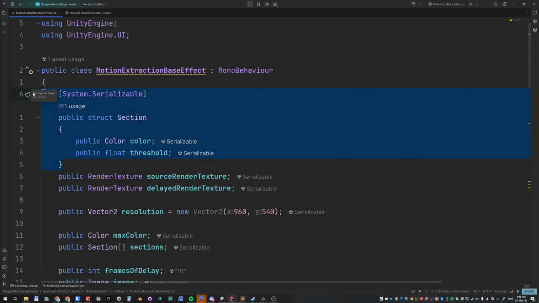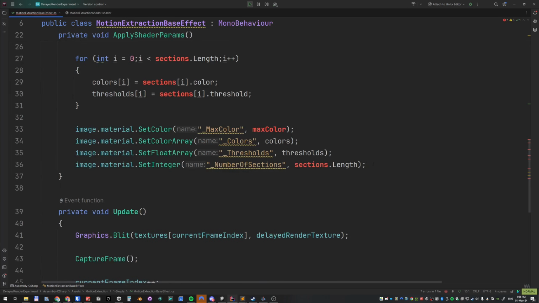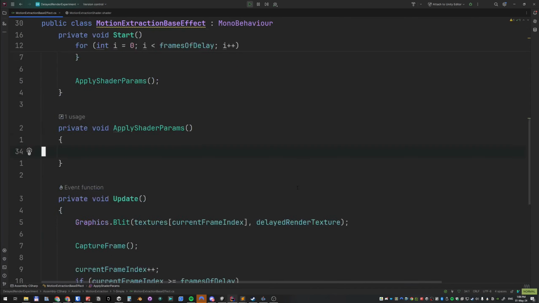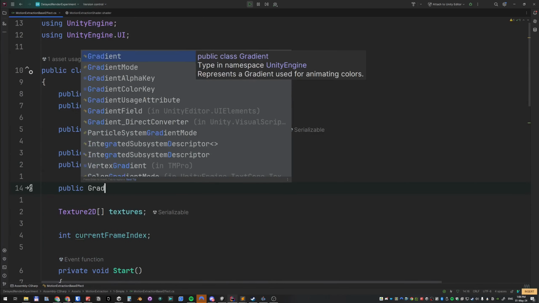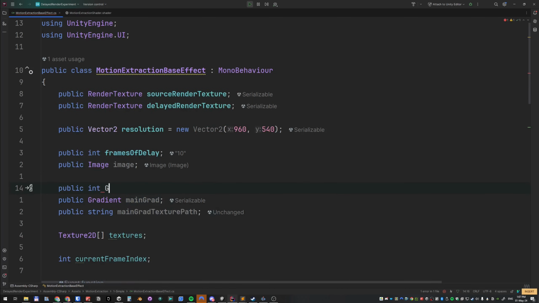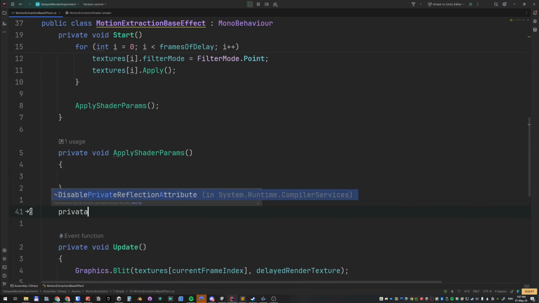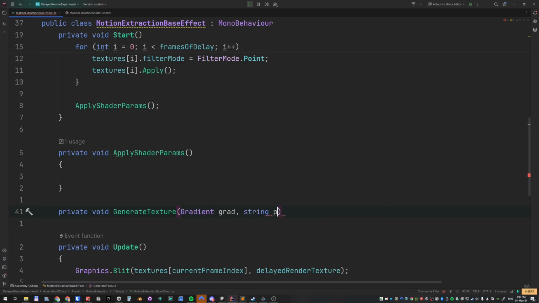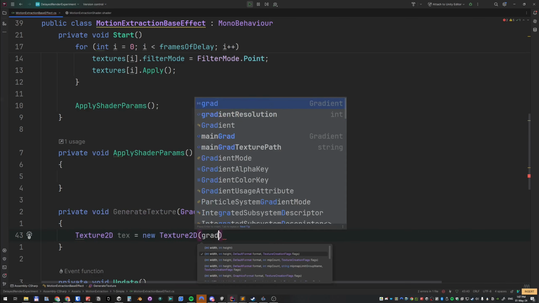In our C# script, we start with cleaning up the code by removing all of the section stuff. We no longer need that. Then we define 3 variables. First the main gradient, then the path to the texture that the main gradient will be rendered into, and the gradient resolution. Then we create a new function, generate texture, which accepts a gradient and a path to the final